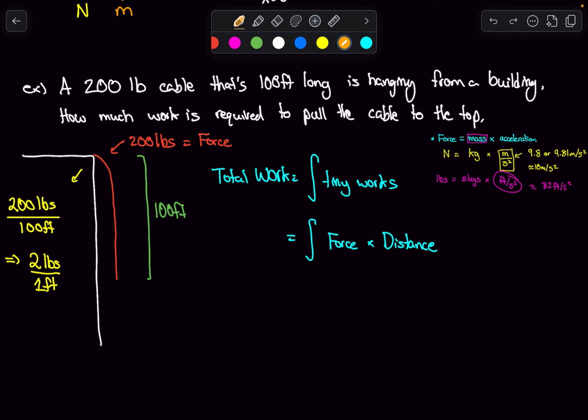So let's say that I'm at some particular x value. Or actually, just to spice things up, let's make this a y because we're going up and down. And so the question that I would ask is, if I take a small chunk of this cable, how much work is it going to be to pull it all the way to the top? First and foremost, the distance that I'm going to have to pull that bit of cable, the way I've labeled it, I'm going to say y. I'm going to label it in such a way where this distance is y, and the top would be 0